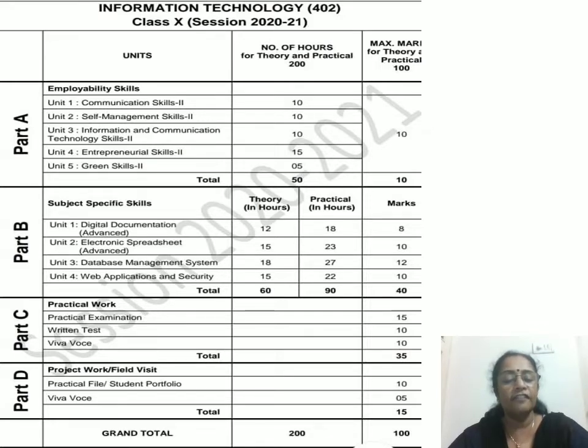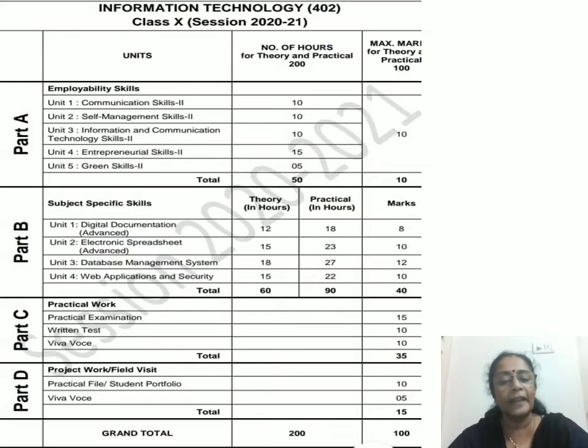The remaining 50 marks of practicals is divided into a practical work exam of 15 marks, a written test of 10 marks, and a viva on the practicals for 10 marks. So that is 35 marks. We also have a practical file, a project file, which you have to make, for 10 marks, and a viva based on that project for 15 marks.